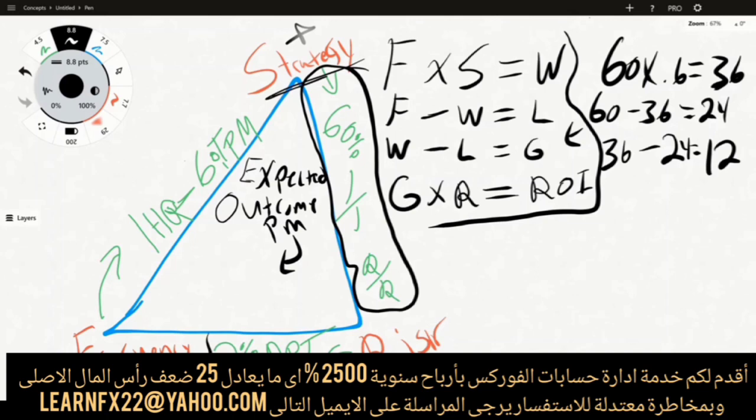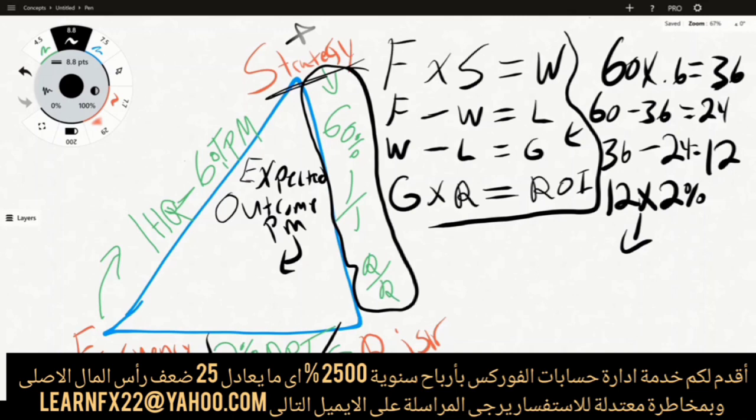And since we have 12, what we're going to do is keep our risk the same as we did. Our risk down here is going to stay at 2% risk per trade. So if we have 12 as our gain, we multiply that by 2%, and we put that number right here. That means that we're going to have, if we keep the strategy the same at 60% with a 1-to-1 RR,